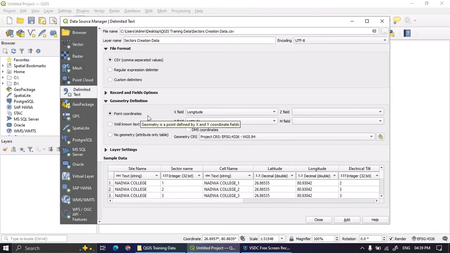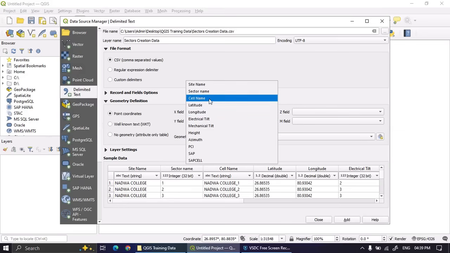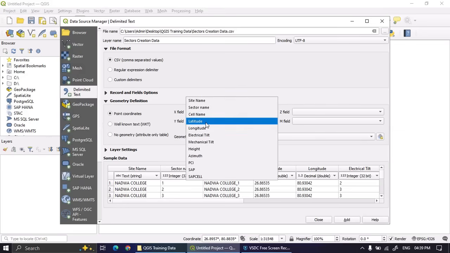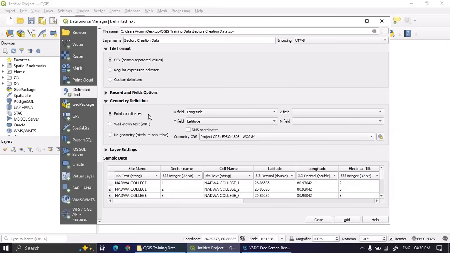But if you have changed the data, like if you have mentioned only long for longitude and lat for latitude, then you have to manually select the longitude and latitude fields. Ensure that you use longitude in the X field and latitude in the Y field.